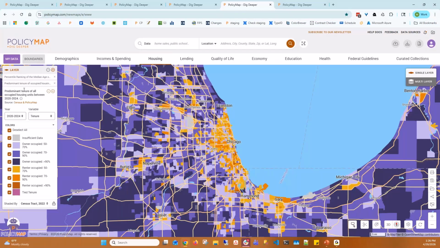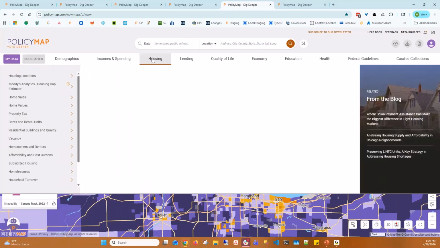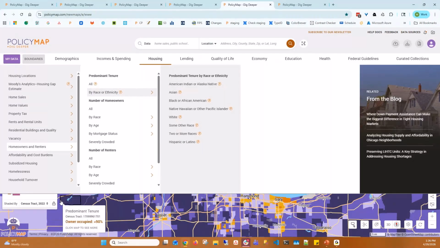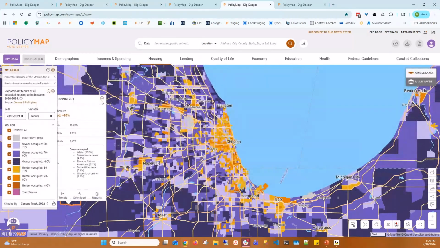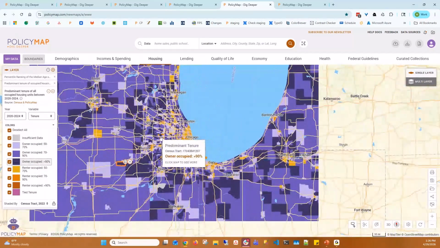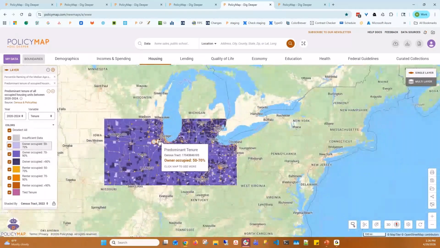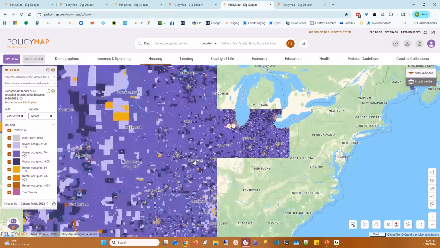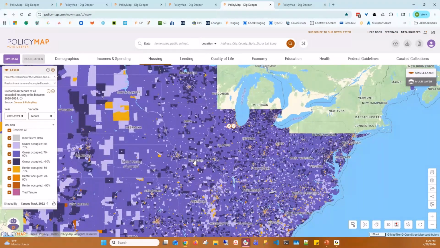Tenure is a census term that essentially means, is this an owner-occupied housing unit or a renter-occupied housing unit? So being able to understand owners versus renters. In the homeowners and renters section, there is where you can find the predominant tenure, all, and then by race and ethnicity. And I want to pull out a little bit. Some of these maps can be very interesting at a national level, whereas others have a lot more nuance when it comes to smaller